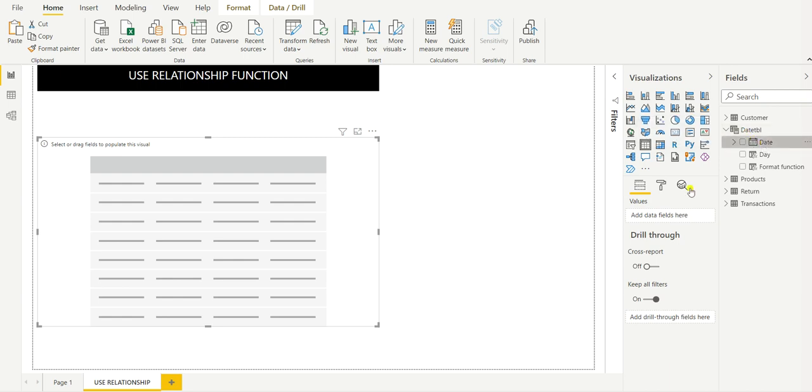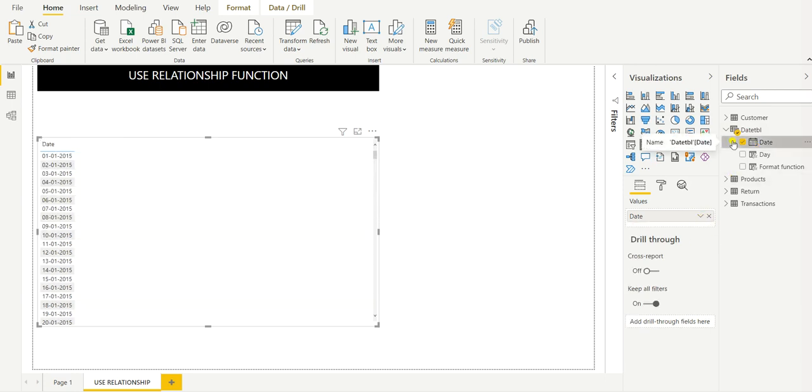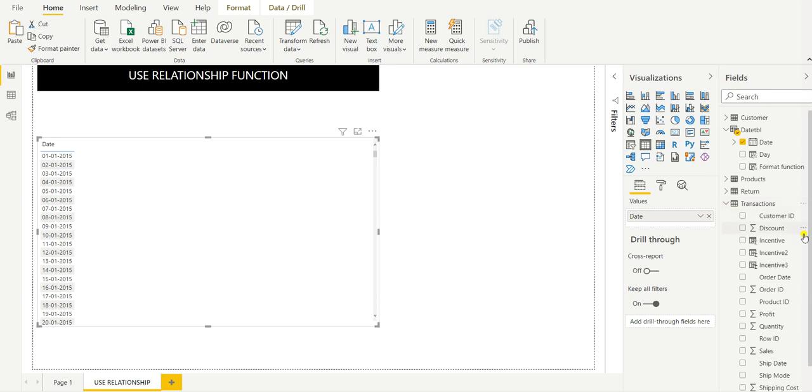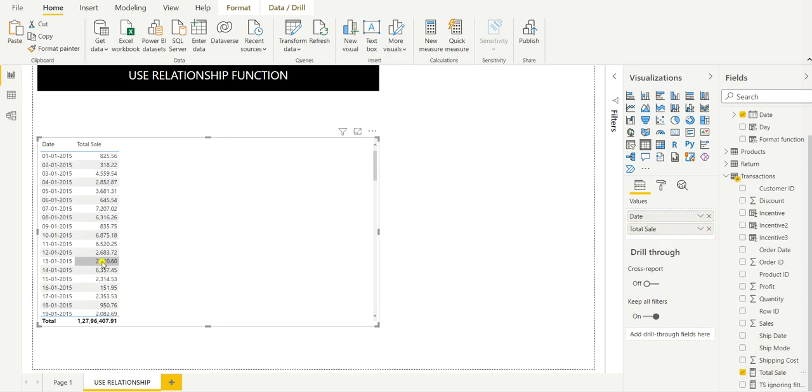So from here we will drag this date dimension table and click on the actual date. Now from the transaction table, let's take total sale. This total sale is actually giving the value as per the order date.